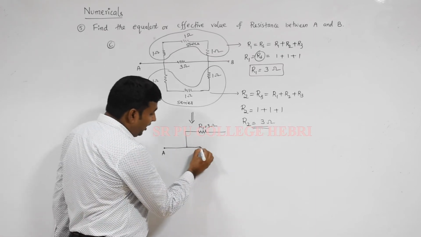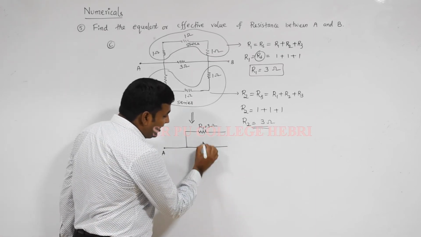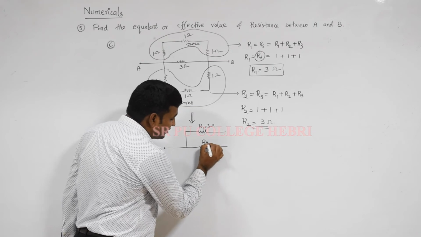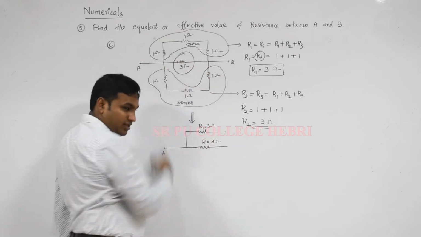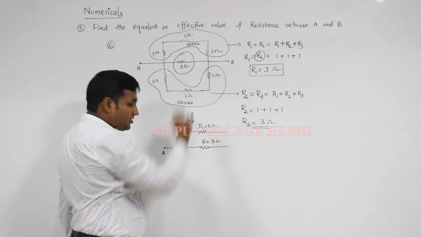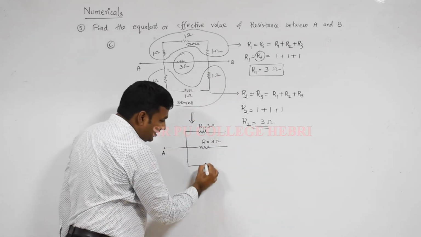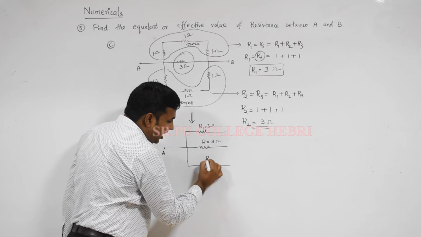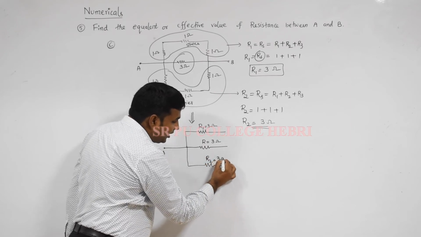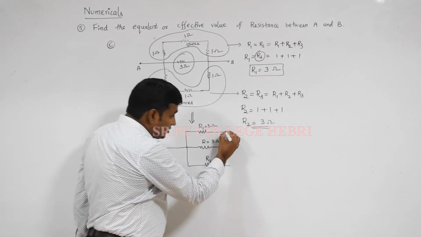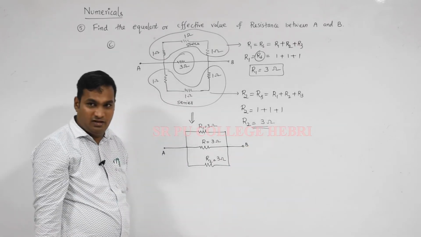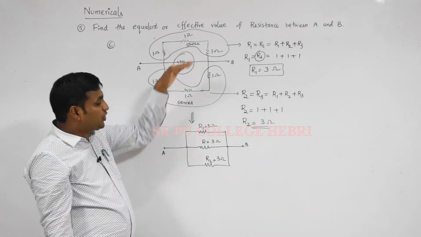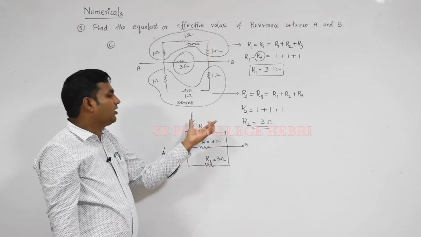Again the middle one is not simplified yet. Its value I take as R is equal to 3 ohm, as given. Along with this, these three are simplified. I got the answer for those three resistors, R2 is equal to 3 ohm. These three together are connected to terminal B like this. Remember, either write the circuit and simplify it like this. I got three resistors.